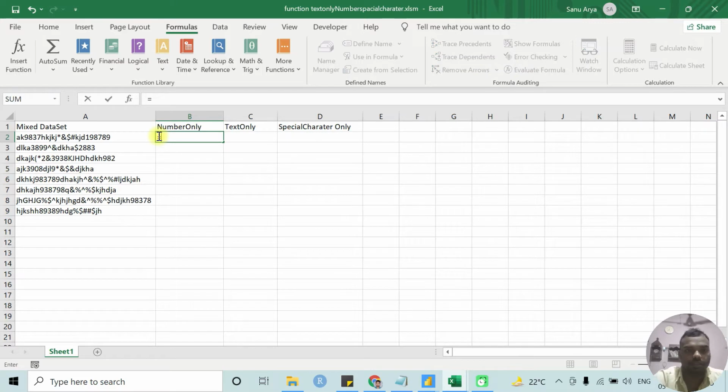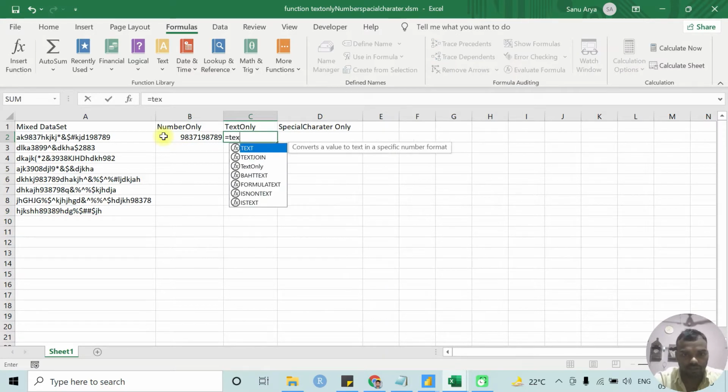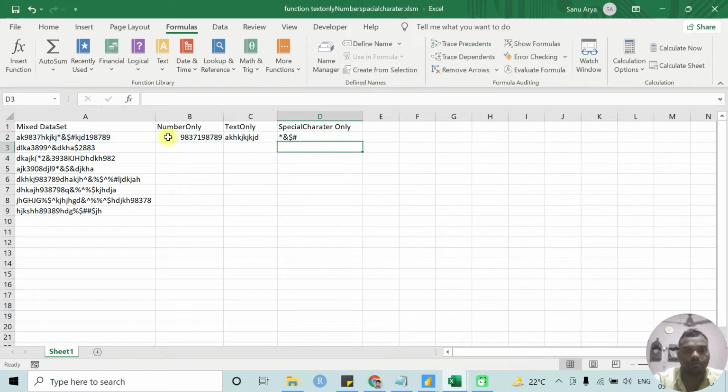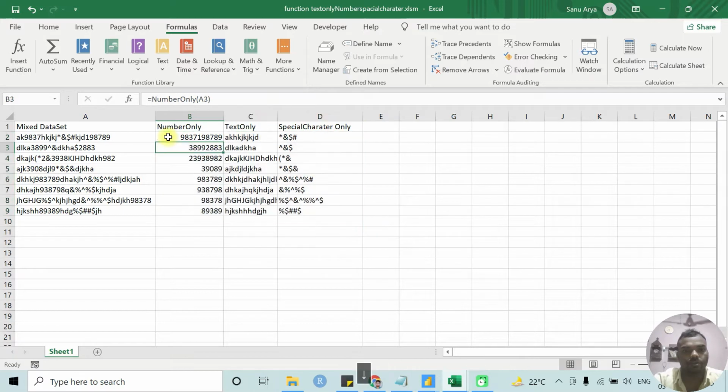I made these custom functions: number only to extract numbers only, text only to extract only text characters, and if you want to extract only special characters from the cell value, use special character only. Drag this down, and it gives all the numbers, characters, and special characters.